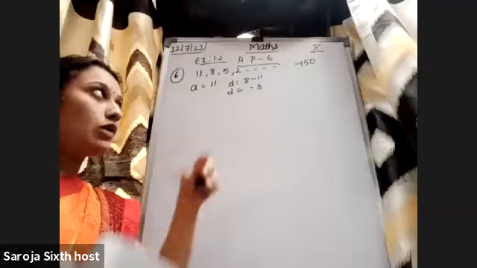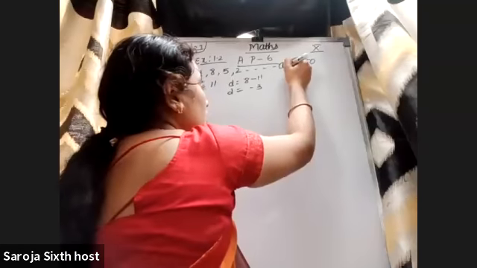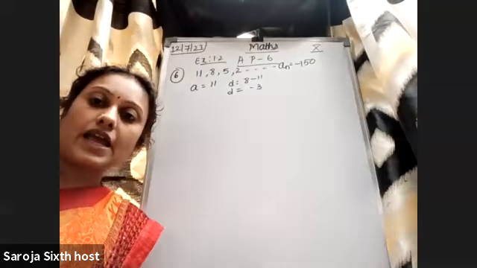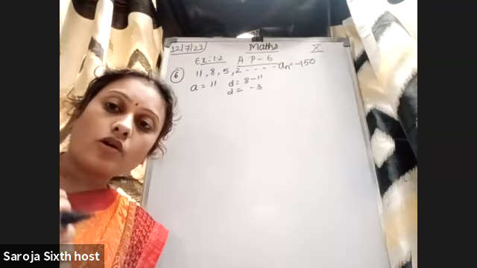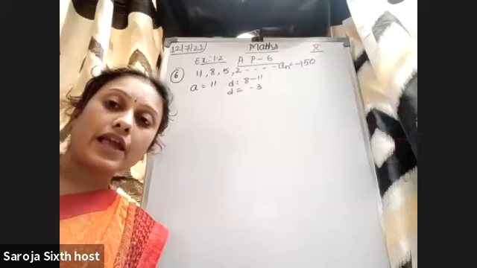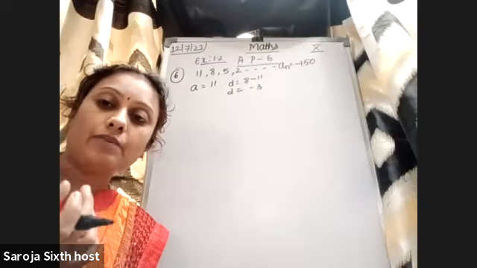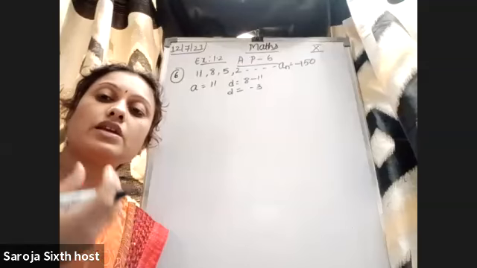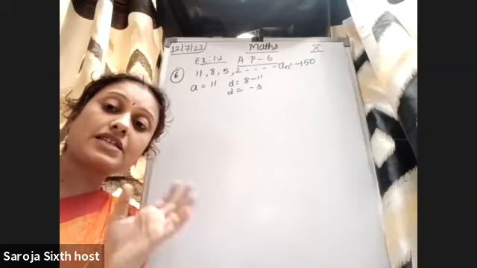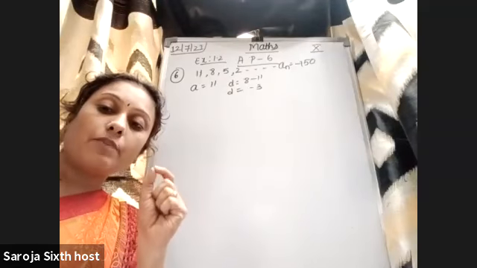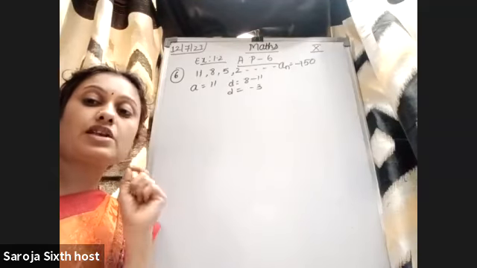We know the A value, the D value, and I will consider this minus 150 as AN, that is the last term. Then what we don't know is N, which means which term is minus 150. Let us calculate that N value. So you will come to know. If that number is a term of an AP, you will always get